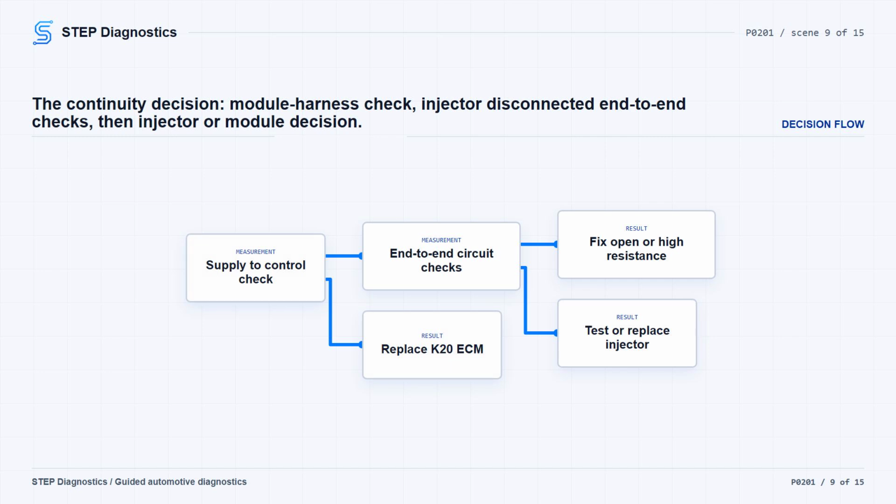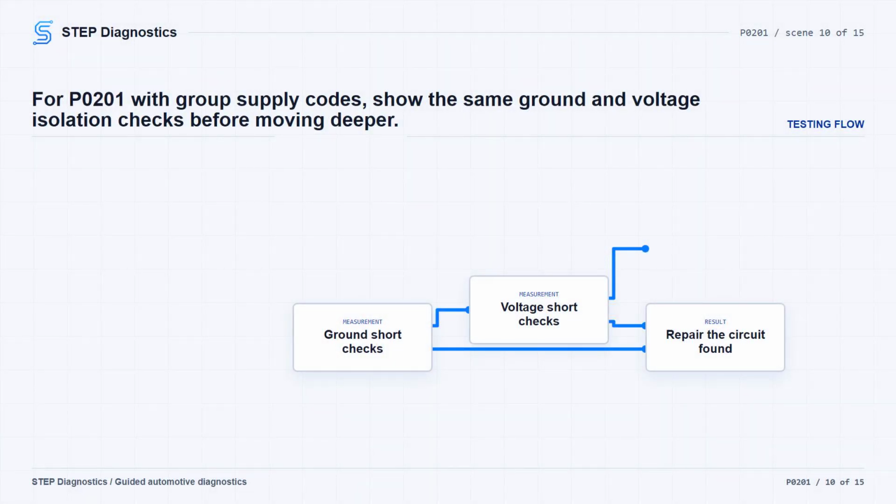If either one is 2 ohms or greater, repair the open or high resistance in that circuit. If both are less than 2 ohms, the path moves to testing or replacing the injector. If the supply to control resistance at the control module harness is less than 3 ohms, replace the K20 engine control module. If injector group supply codes are present along with the target injector circuit code, the electrical path starts